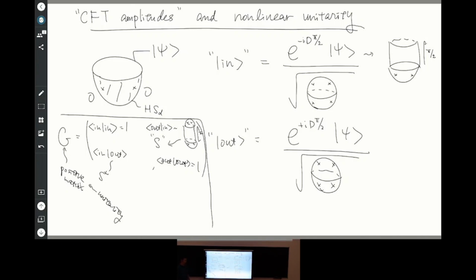And from this, it automatically follows that this has a positive determinant, and that is basically 1 minus S S dagger must be positive,